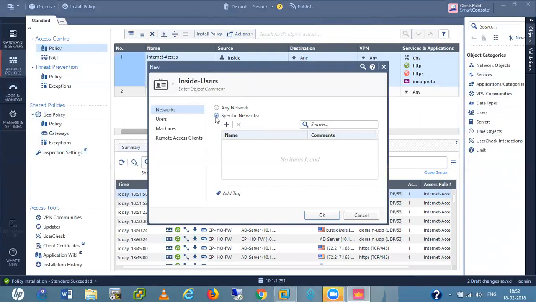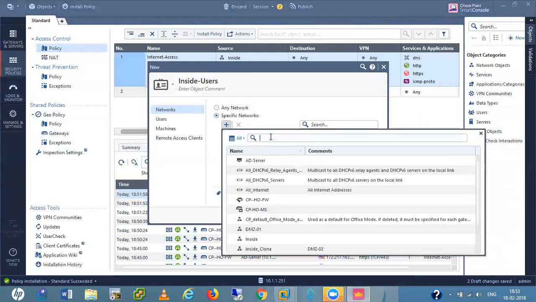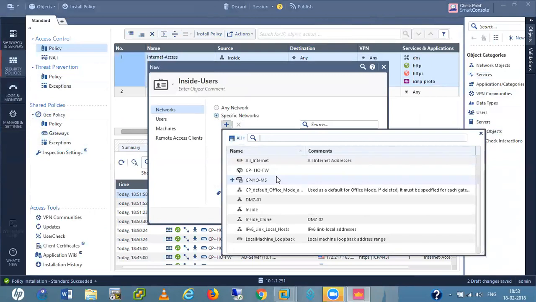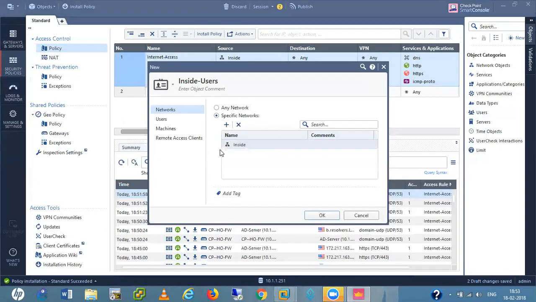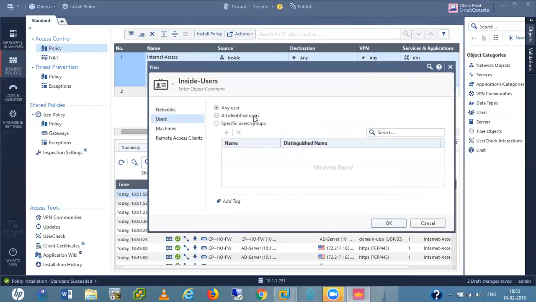Inside users, we want a specific network, because we have a specific network inside this one. So I'll call this network here in users. Any user, but I want specific users in a group.